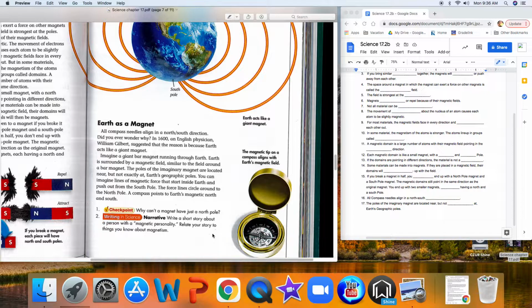Okay, 2 things we got to get in there, guys. First of all, number 16. It says, all compass needles align in a north-south direction. And then you have to know number 17, guys. The poles of the imaginary magnet, in other words, there's not a real magnet running through our Earth, but we do have a magnetic field running around our planet, are located near, but not